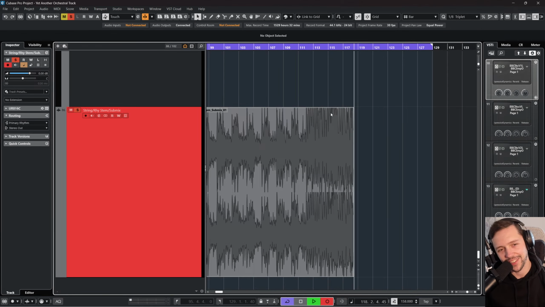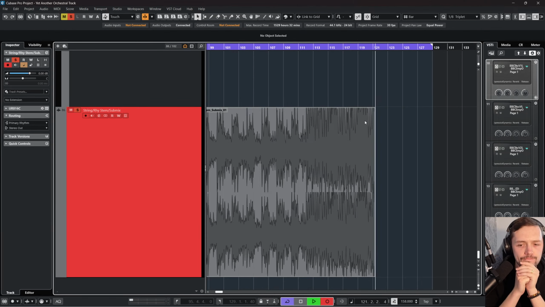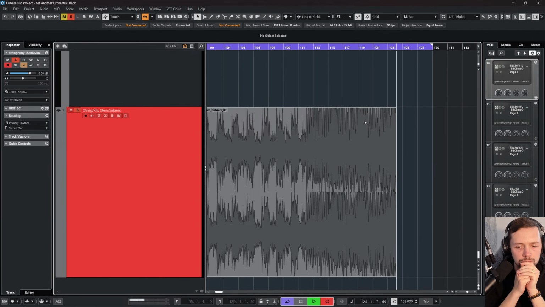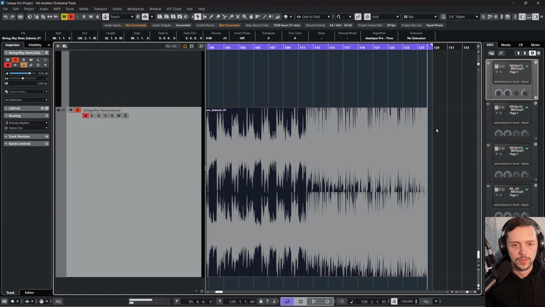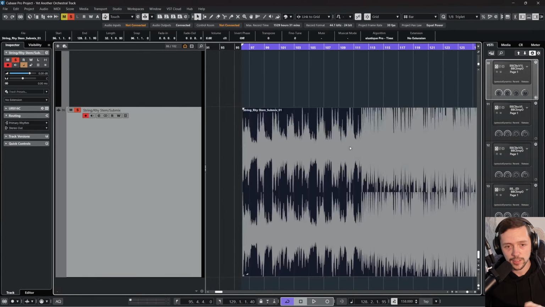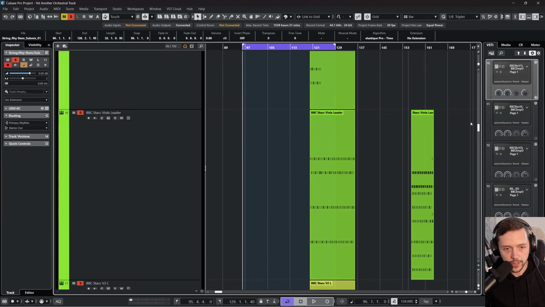Looking pretty beefy on the level. Okay, so that gives me an idea of how loud this mix is, the fact that it's kind of already hit that up a bit. But let's say this was now ready to go. If my system was pretty weak, I could now disable